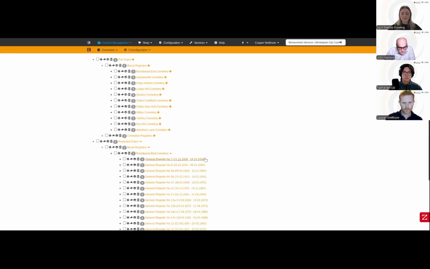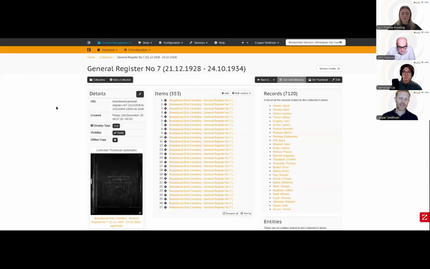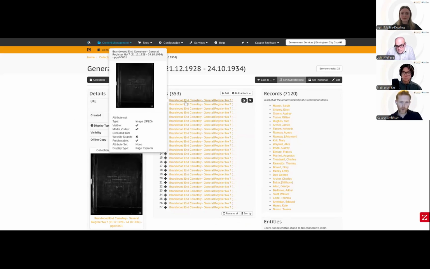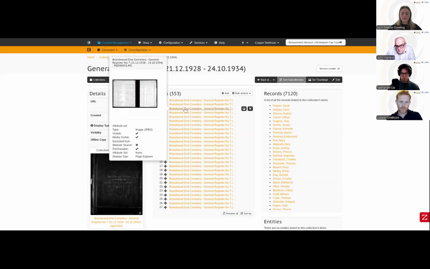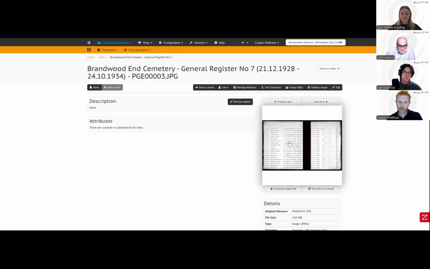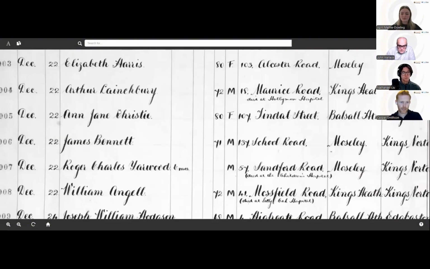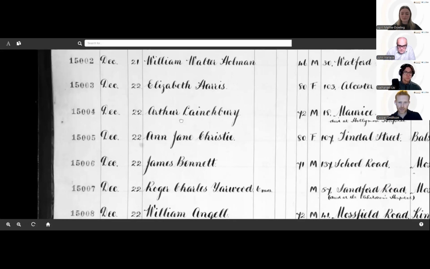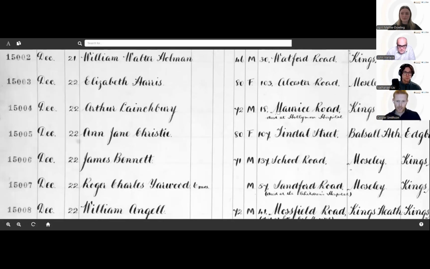We're going to take a quick look at the redacted scans, and in particular the Brandwood End Cemetery here. If we go into the first of those registers, this is what's classed as a collection within Passview. So this is the book, the volume itself. In most cases, the significance here is the individuals and the names that have been transcribed through this volume. Typically we have the double page spread that has been digitized, and you can see this image is of very high quality in terms of being able to see the entry numbers and other information. However, not so useful unless this has all been transcribed.